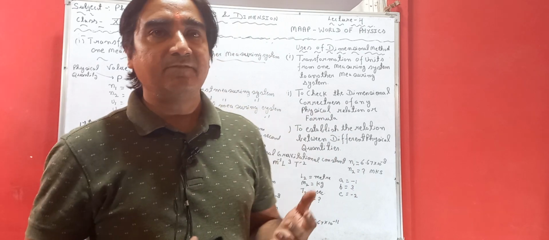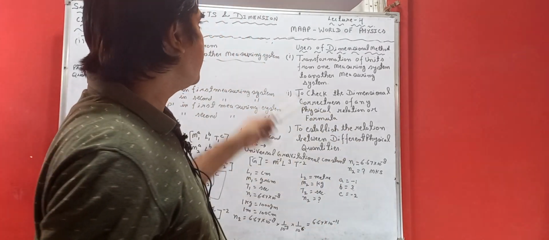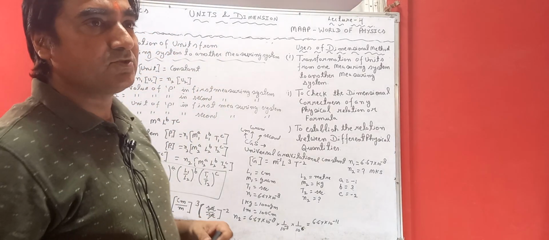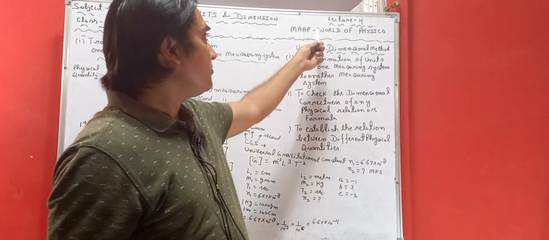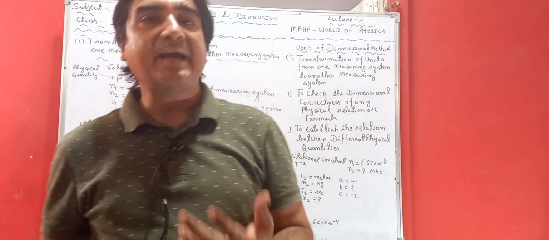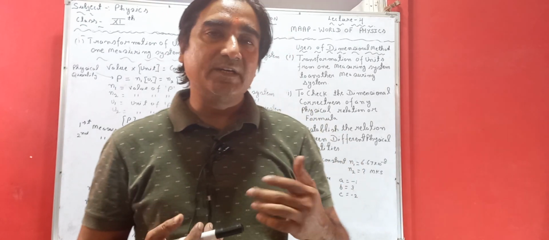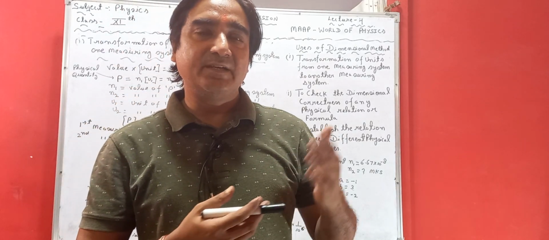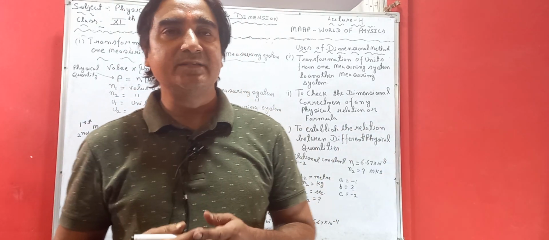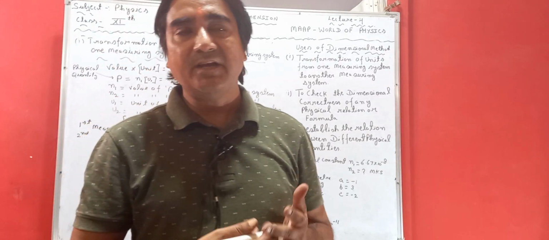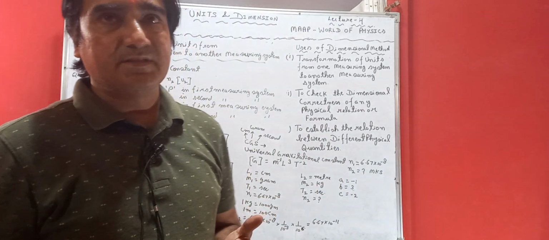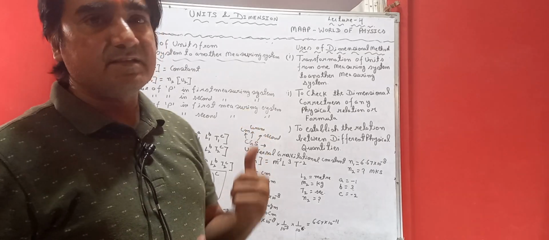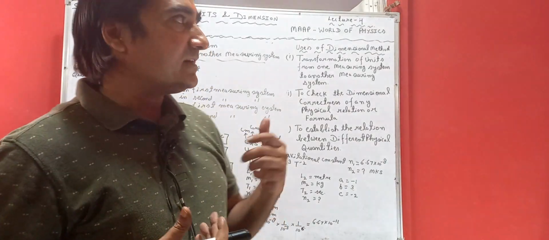As all of you know, we are dealing with the topic units and dimensions, which is the very first chapter of class 11th. Here we are going for lecture number 4. In the previous 3 lectures we have gone through the concepts of units and dimensions. In the first 2 lectures we covered units, basic or base or fundamental units and derived units. In the third lecture we covered the concept of dimensions, and we also described the different uses of dimensions. We have already discussed what the dimensional formula is and what the uses of dimensions are.